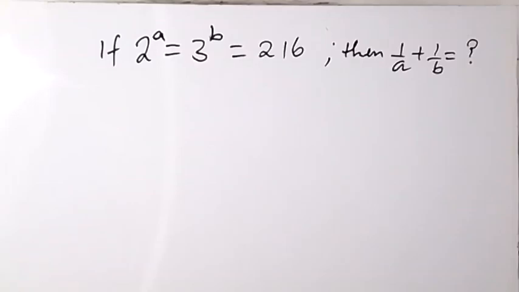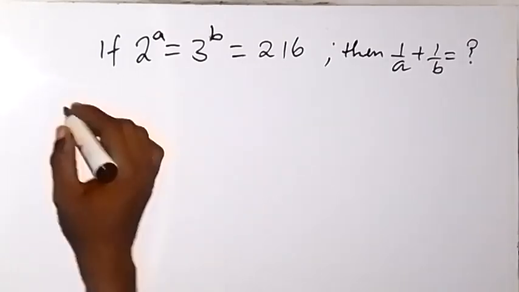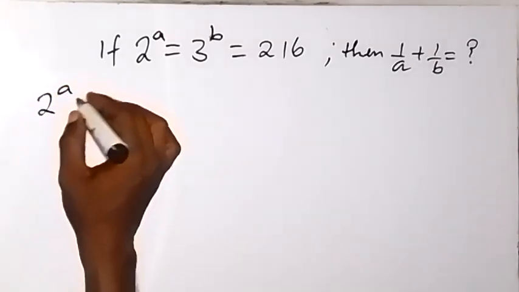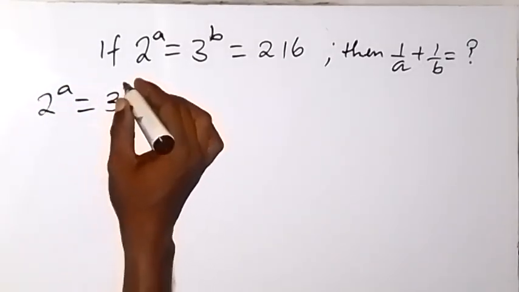Here we want to solve this problem. Given that 2 raised to power a equals 3 raised to power b equals 216, what is the value of 1 over a plus 1 over b? Now, when we work with this, we have 2 raised to power a equals 3 raised to power b,